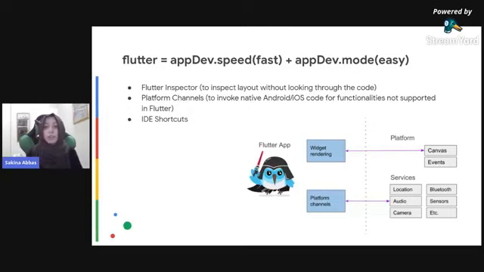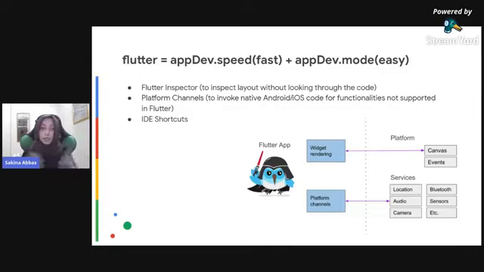Then also a very famous question that people ask is that, okay, Flutter provides cross-platform application development support. What if there is something that Flutter doesn't have support for, right? So platform channels come in over there. What platform channels do is that you establish a platform channel in your Flutter code. What this does is that it invokes the native code of Android or iOS.